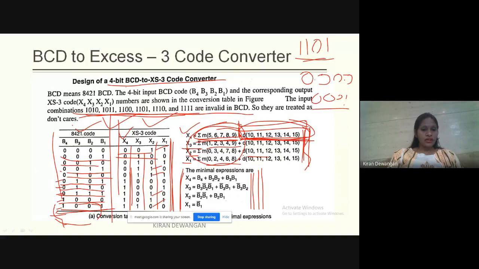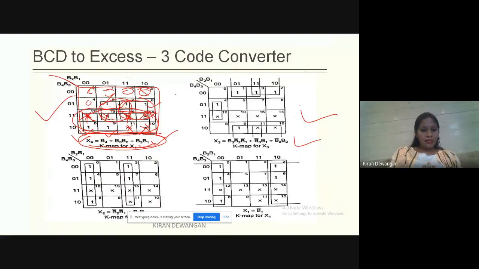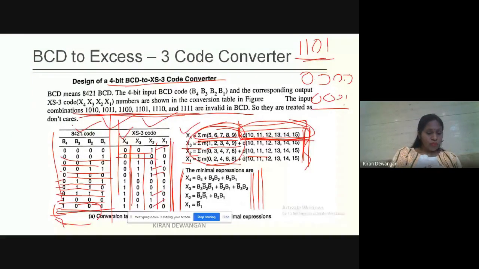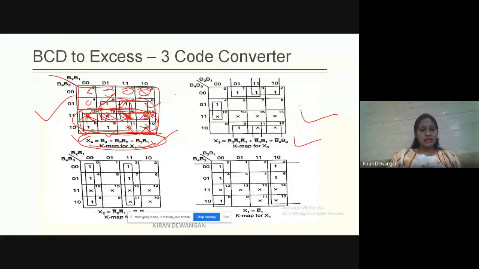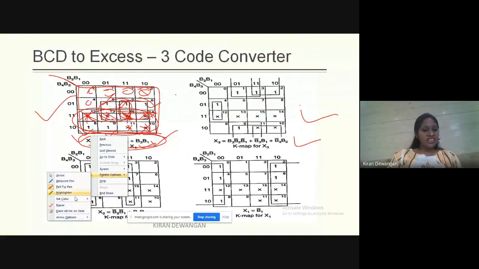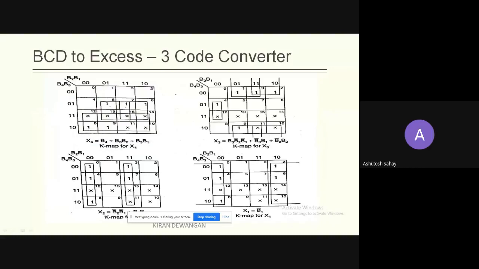Are you getting my point? What I am trying to explain is that if I do not consider these as don't cares, what will they be considered as then? They will be considered as zero. But that is not correct. They are not zero, they are the don't cares. Zero is only in these combinations and one is only in these combinations. The rest of the combinations will not get a valid output, will not get the correct output. So that is the only concept, that we considered 10, 11 to 15 as don't care terms. Is the concept clear, everyone? Clear? Yes, ma'am. Right? Okay.